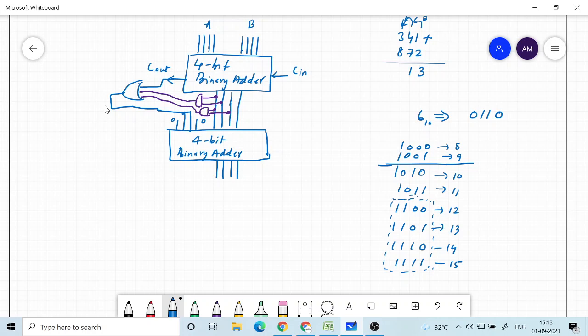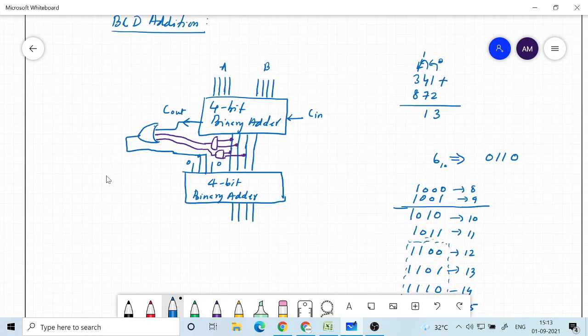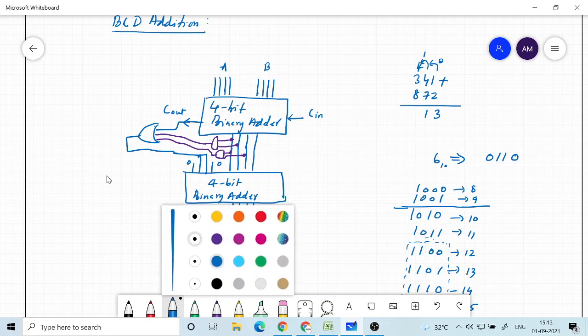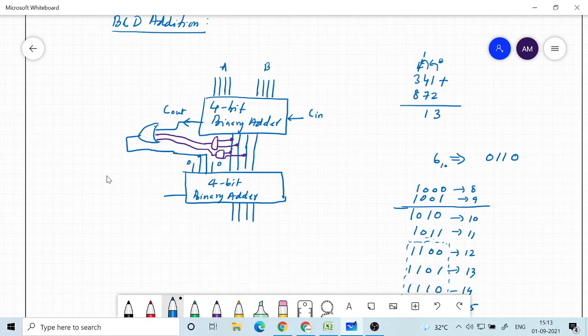If this circuit is able to do so, this is basically a BCD adder circuit, which is implemented using 2 4-bit binary adders. It has a carry in and also a carry out. The final carry out is this, and this becomes the carry into the next such block.